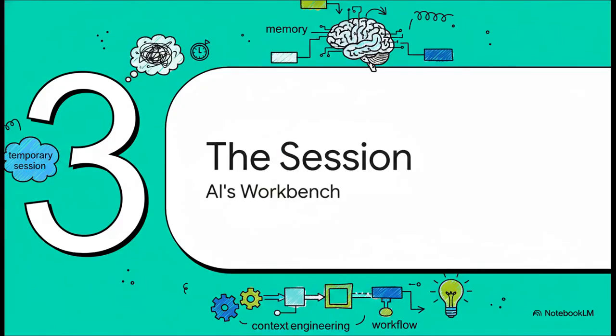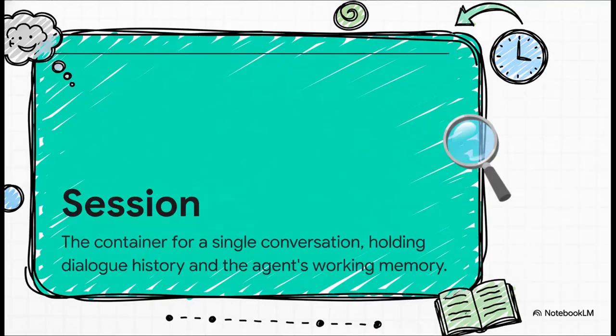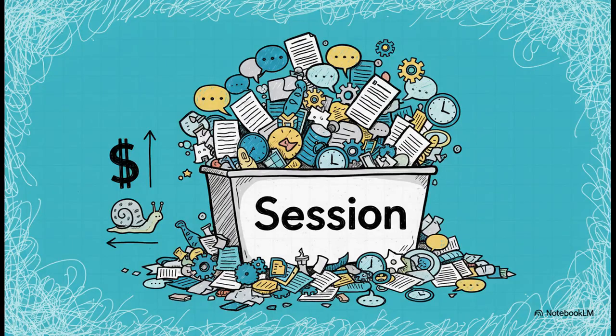Now, this entire system really relies on two main components. Let's start with the first one, which is all about managing the here and now of a conversation. It's called the session. A session is basically the temporary workspace for one single continuous chat. Think of it like the AI's workbench. While it's working on your task, all the notes, the tools, the recent messages, they're all laid out right there, ready to go.